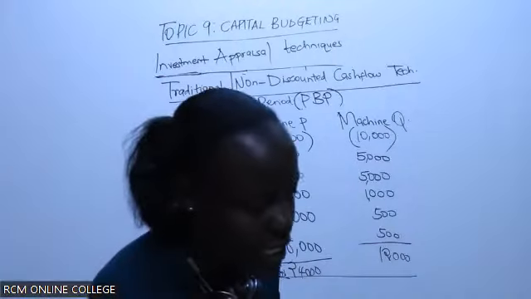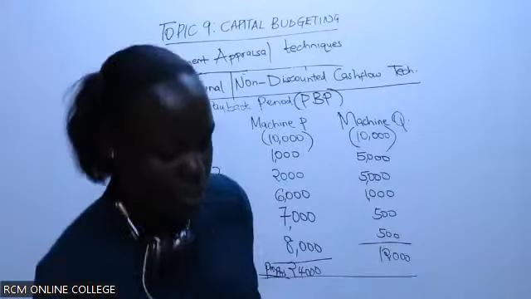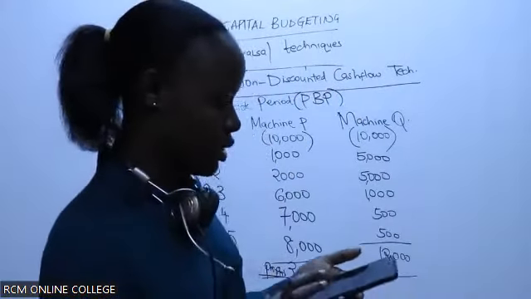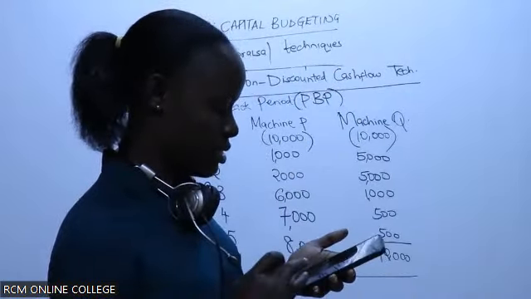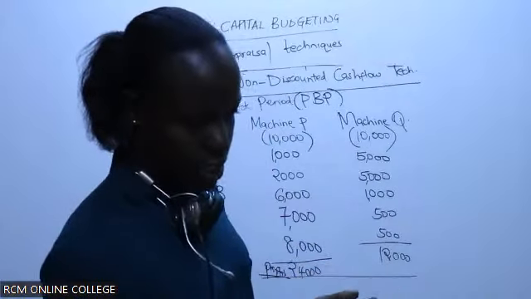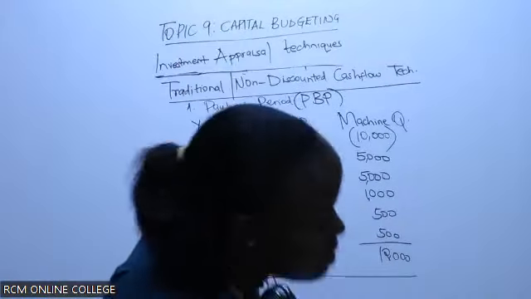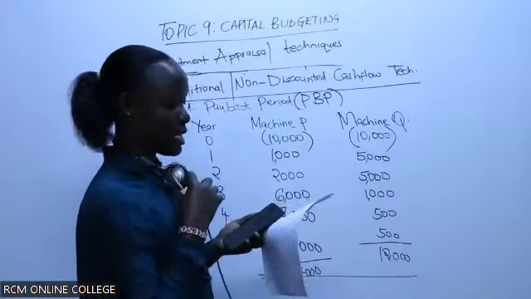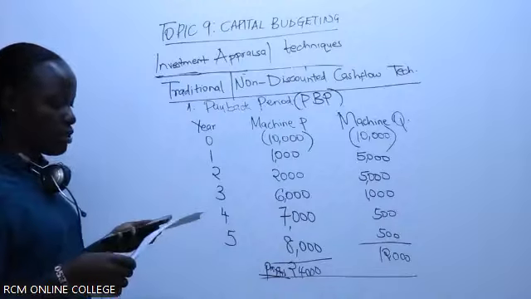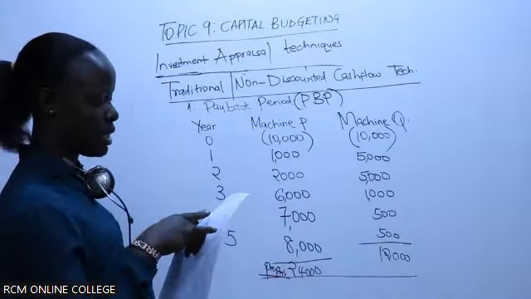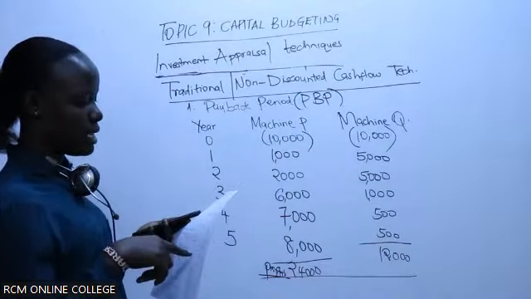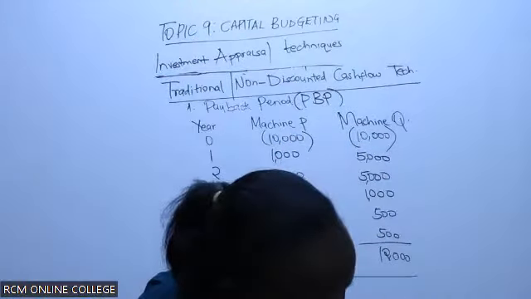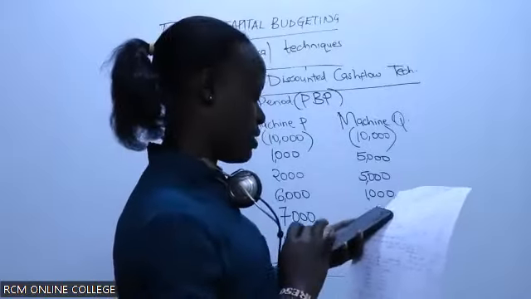But yes, you're right. The investor should venture in machine Q because machine Q has a short recovery period. However, whatever value I'm getting for machine P is kind of different from what you have. Because for me, it's 3 years plus 1/7. 3 years plus 1/7. And 1/7 changes to years.